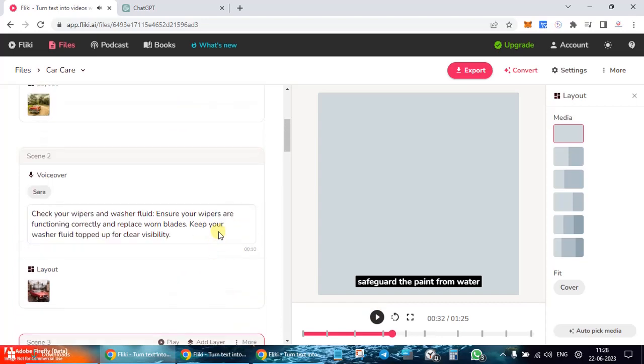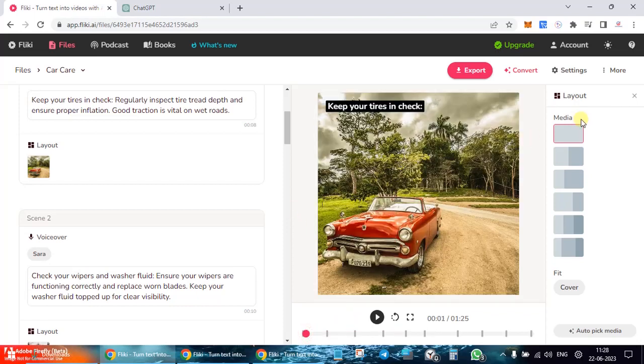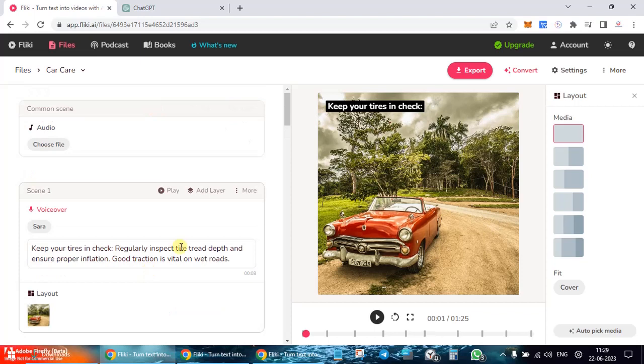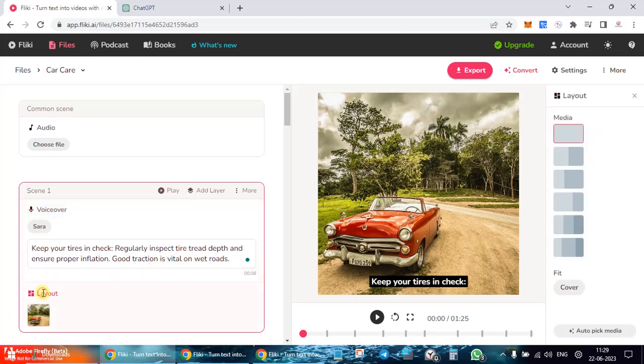So basically, for your scenes, you just need to add videos or images over here. You just go to the layout. Then even in this layout over here, you can play around with the layout media, how you want it to be looking like this. Let's go to the text first here. Okay, let's keep it positioned down. Then go to the layout. And in the layout, you can have the media placed like this, full media,